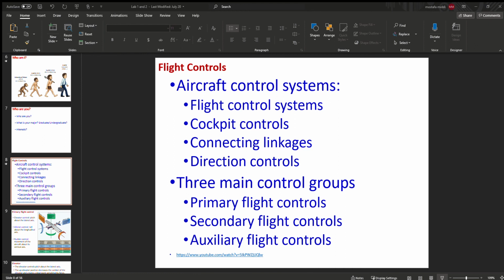But for the roll and the ailerons, it is not that way. They move in the opposite direction from each other. Okay. So what happens is when you move the control stick, when you move the stick we saw here to the right, it causes the ailerons on the right wing,